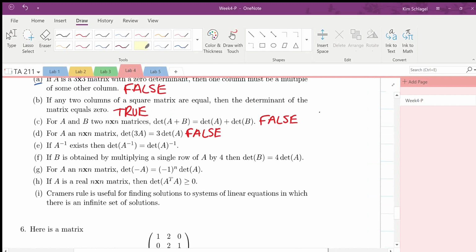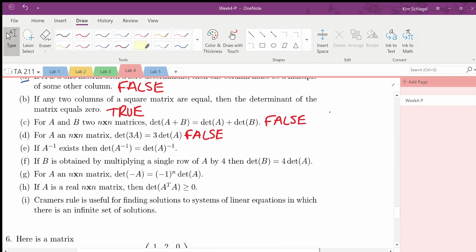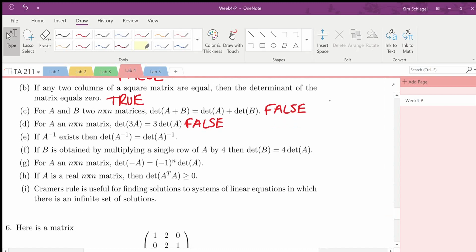So you can notice how we go about doing this: we try to think of examples, we try to think of counterexamples to it, and usually we can figure it out that way. So here, the statement is: if A inverse exists, then the determinant of A inverse equals the inverse of the determinant of A. Okay, so with this one